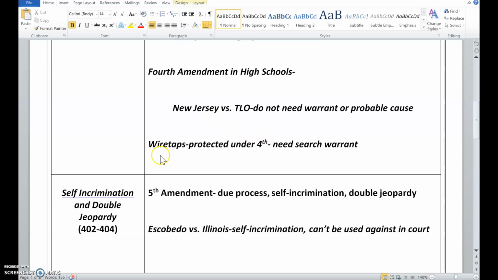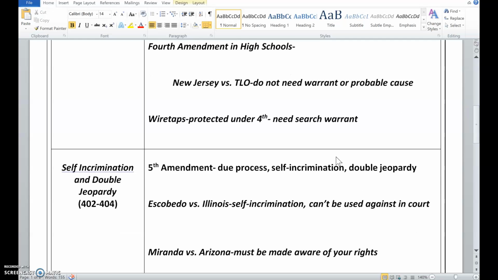Also falling under this Fourth Amendment right is wiretaps. Can they tap into your phones? Can they listen to your conversations? Can they look through your text messages without your permission? Can they look at your searches on the internet to see what you're searching? And the court said that they cannot without a search warrant. So they can't tap in, listen to your phone conversations, or check your text messages, which is good for some of you guys because you're texting some kind of questionable things there.